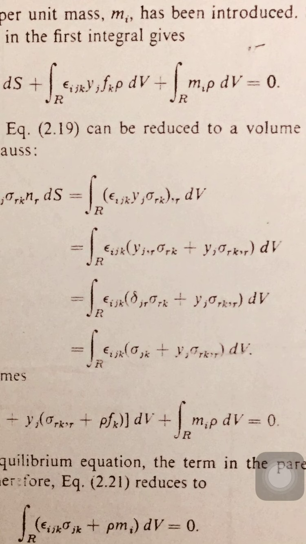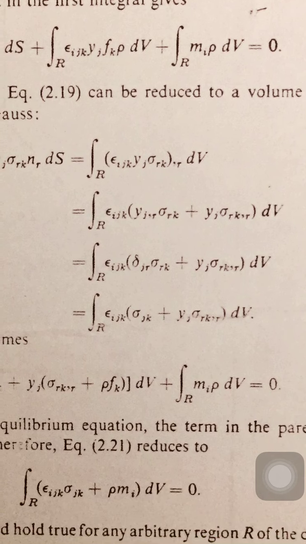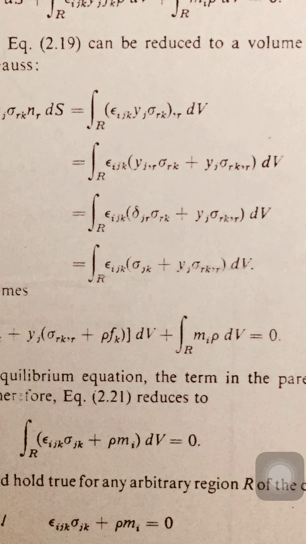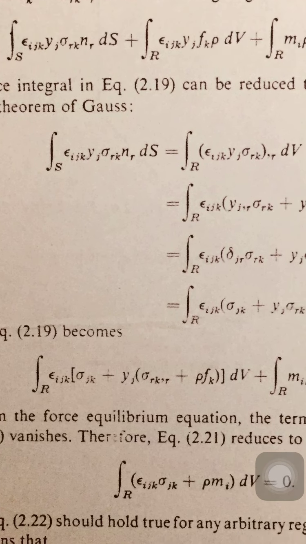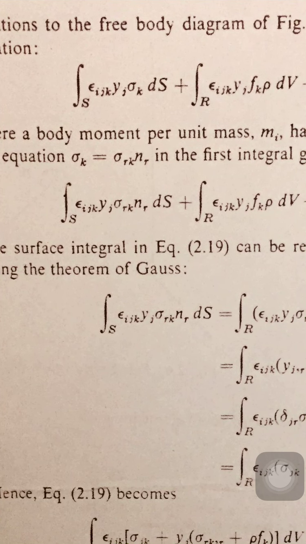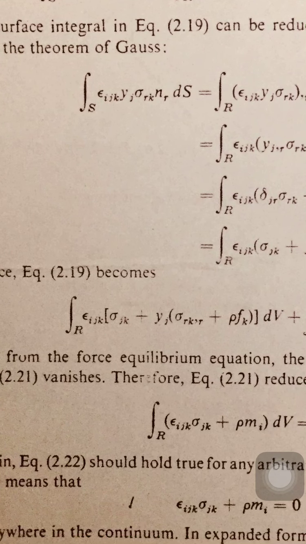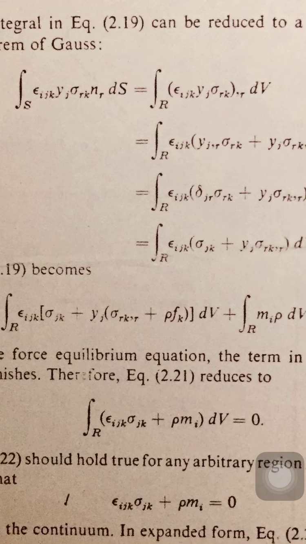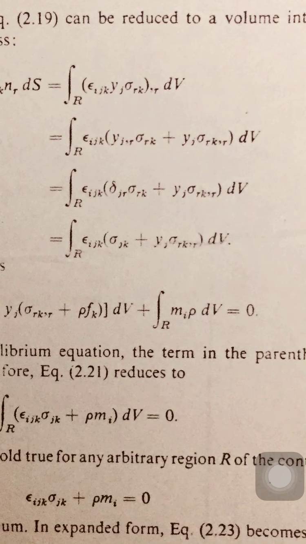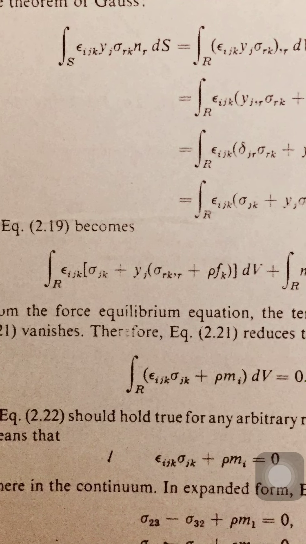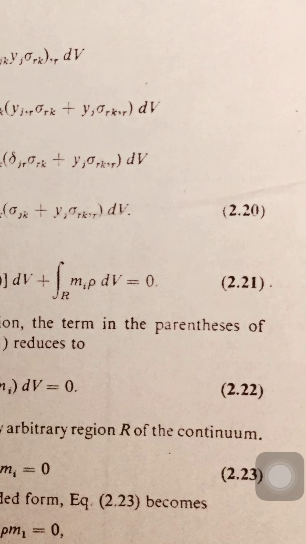Okay, and conical jr, so that third term is arriving, and putting r in the first term, we get the fourth line region integral of this. This region integral can be substituted in this equation in place of the surface integral. So taking dv as common and epsilon ijk in all terms common, we get these values. Third part is as such, first and second combinedly written, and the equation becomes 2.21.